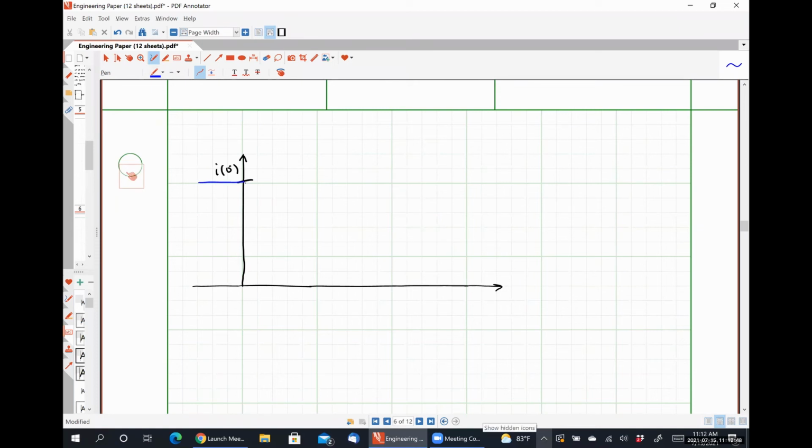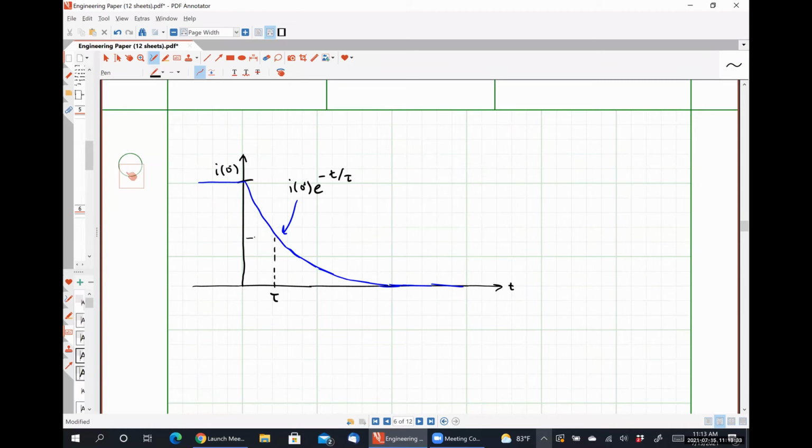We know that is going to exponentially decay, like so, where this curve would be represented by I at 0 plus e to the minus t over tau. Well, in exactly one time constant, let's call this 1 tau here,